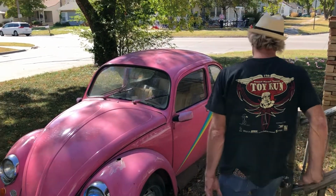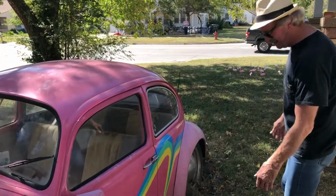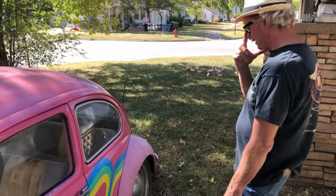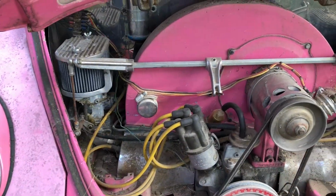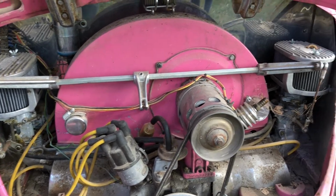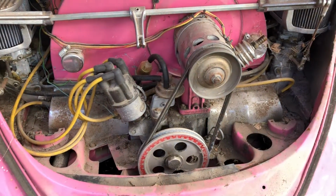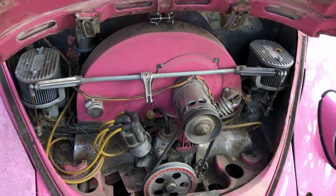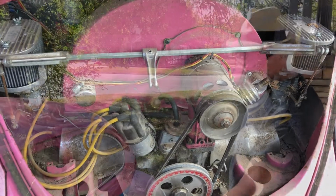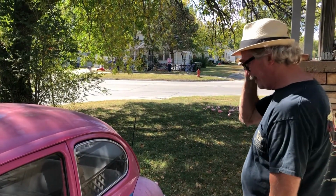So the original motor, I sold it, and I got a later model motor in there that's instead of a 40 horse, it's got 65. So it's a 1600 now instead of a 1200. I got the usual things that we did to the Bugs, skinny tires in front, fat tires in back, and